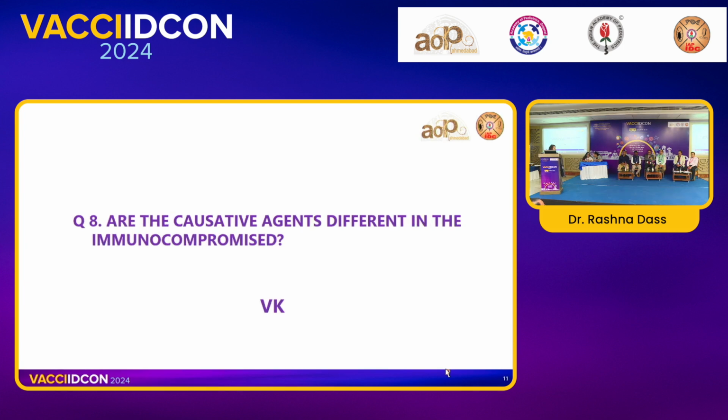So what about the immunocompromised individuals, Dr. Vasant? Is there any particular organism that we should think about or look for? Yeah, the most common immunocompromised children are those who have gone for splenectomy, those who are diabetic, or HIV. The commonest infections are fungal. They can also go to tuberculosis. And if you're thinking of bacterial infection, Streptococcus pneumoniae and Listeria monocytogenes are the commonest causes.